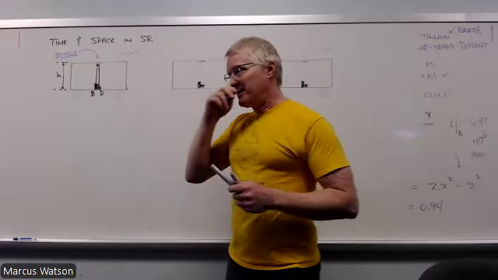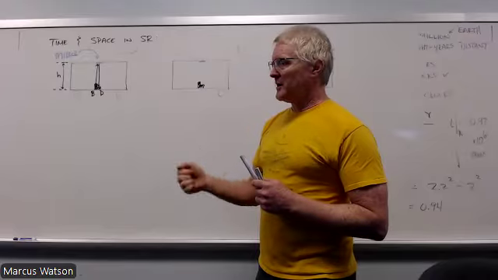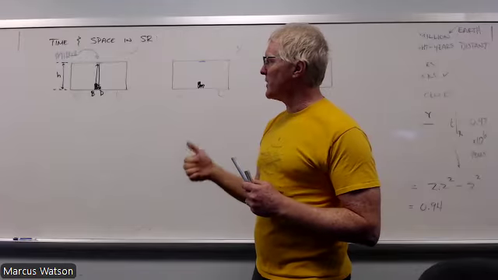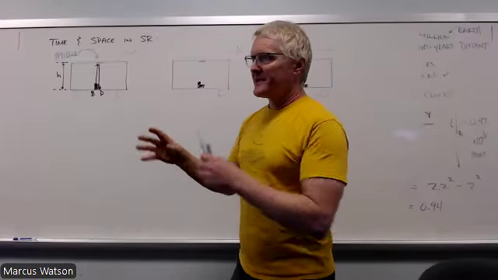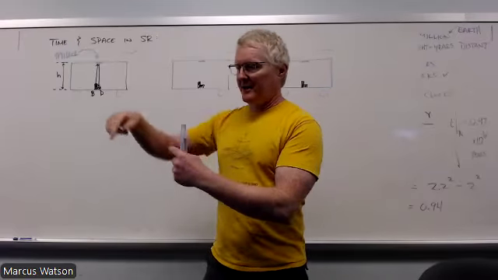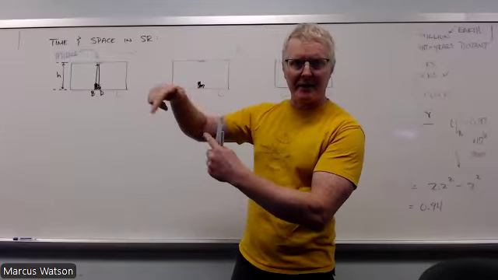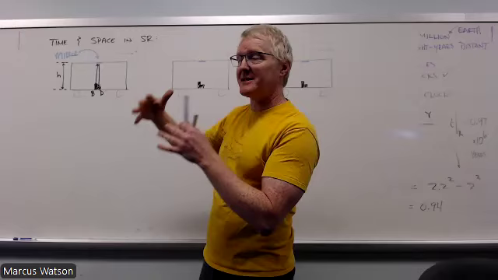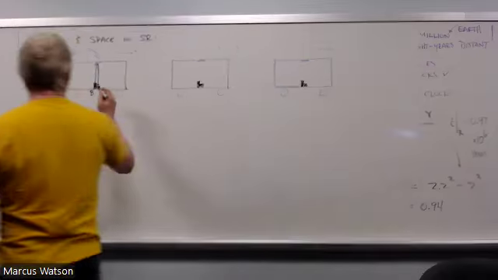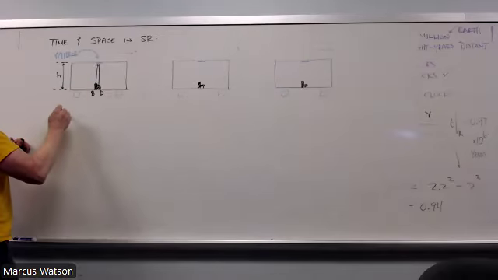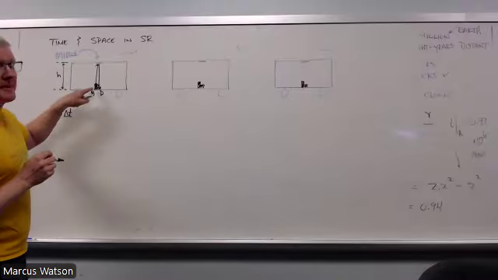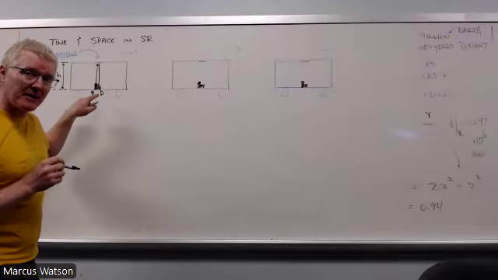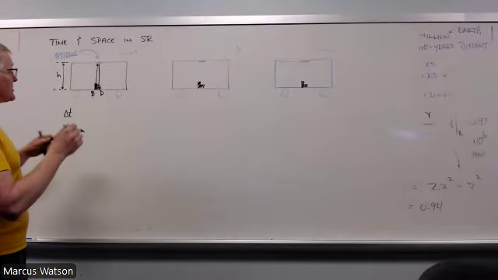Say if I were to pulse this thing as best I could at a constant rate, or if I set up something that just pulsed the light, like a little turntable with holes in it spaced equally, such that the light pulses up and down at constant intervals of time, then I can say that the time between the light leaving the bulb and being detected by the detector is going to be